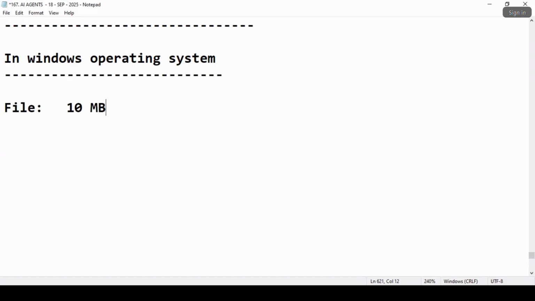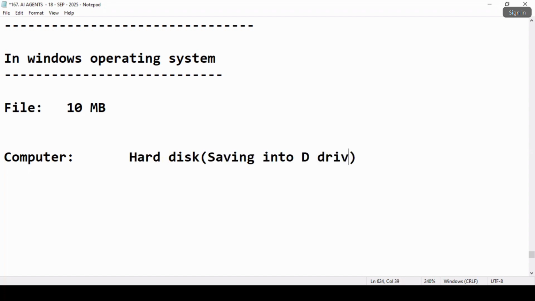Then imagine in your computer, you already know HDD, hard disk. The file we are going to save, in some C drive or D drive. You are saving it in the D drive.